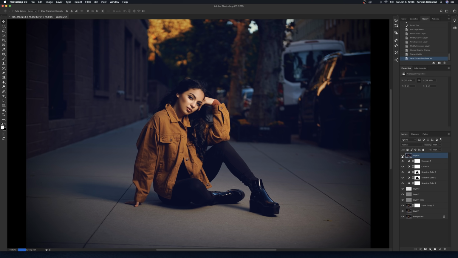So let's see the before and after with the vignette. So that's before, this is after. All right, guys. Let's see. Her skin is looking a little bit too yellow,